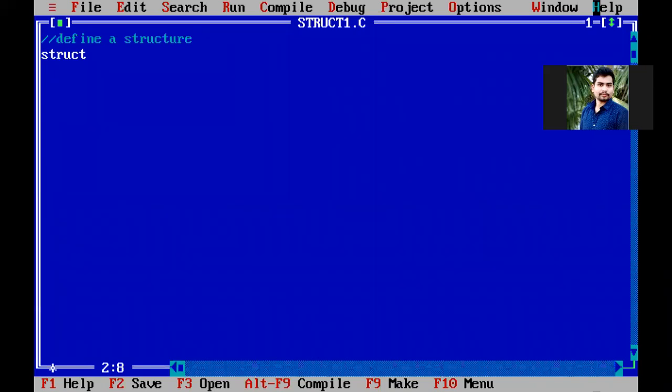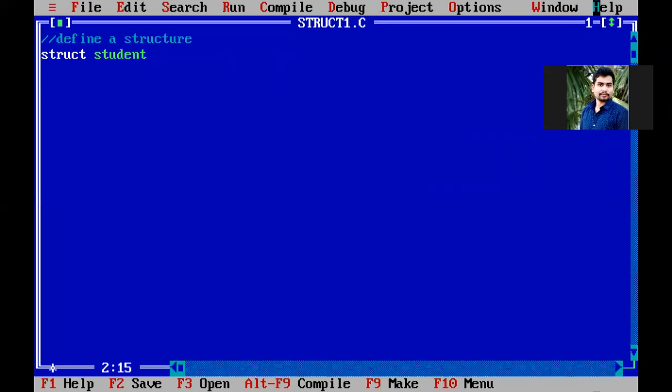So when you are creating a structure, when you are defining a structure, you must start with the keyword struct, and that is constant, followed by the structure name. The structure name is student. What am I creating? I am creating a student structure. That name can be anything.